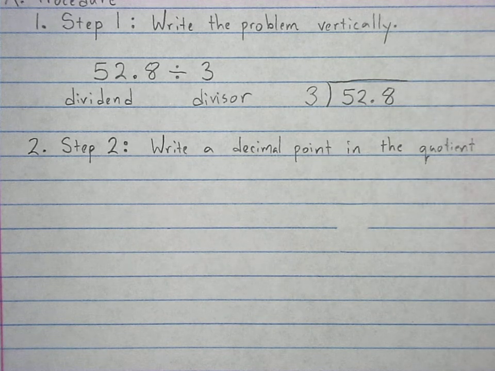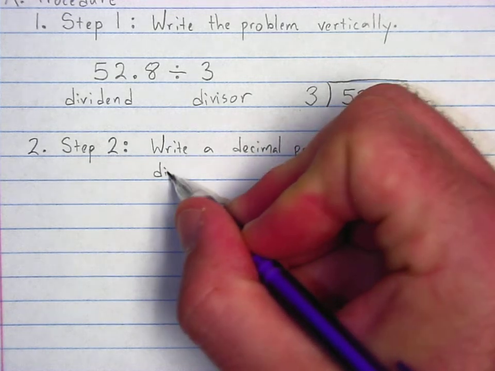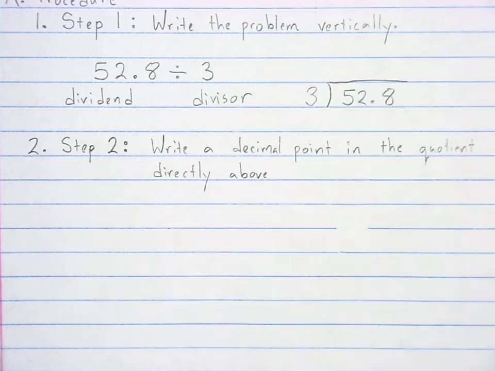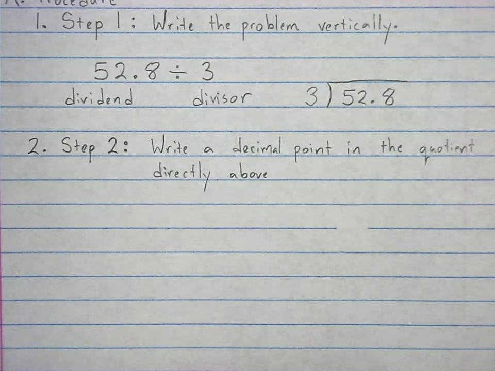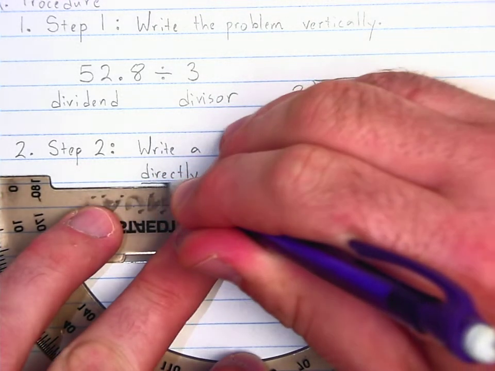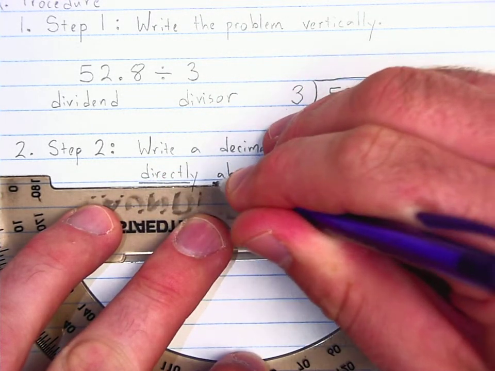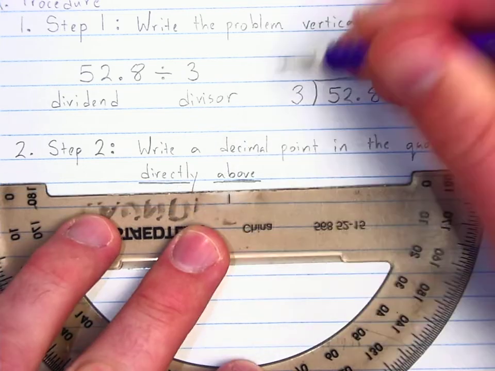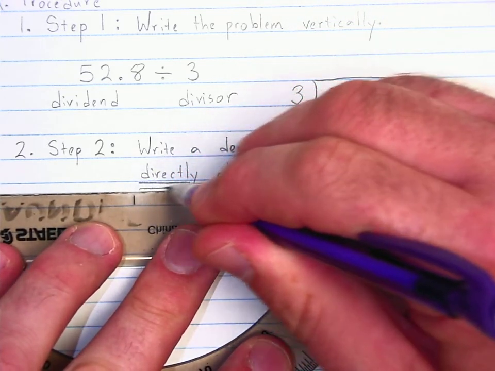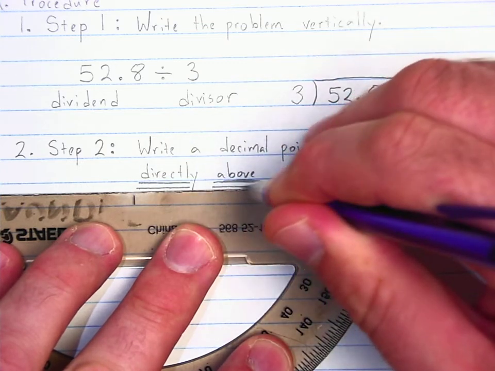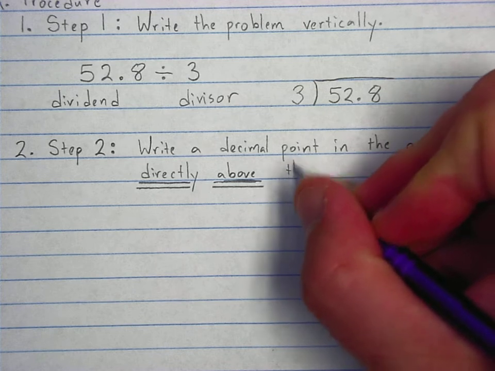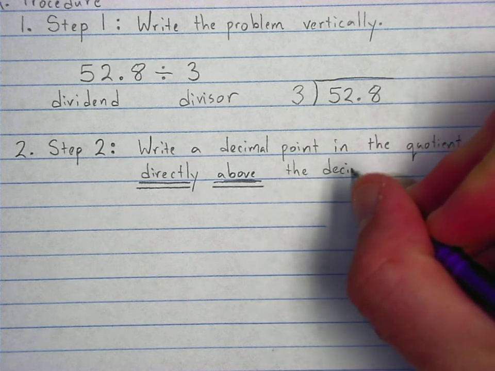Write a decimal point in the quotient directly above. And this is so important, I am even going to use my straight edge to make sure it is properly underlined. Please make sure that you write a decimal point directly above the decimal point that's in the dividend. So directly above the decimal point